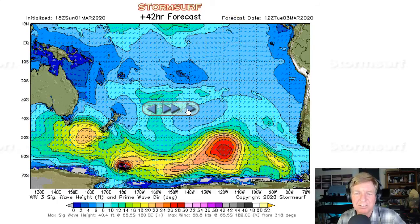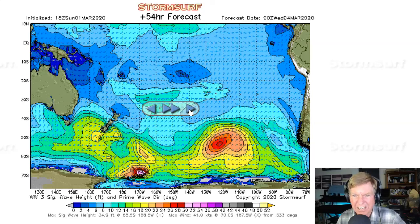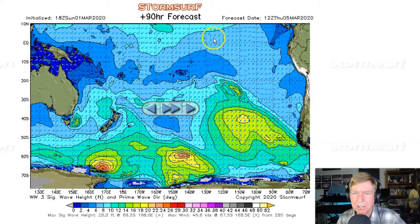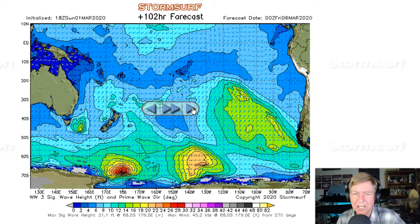So another pulse of southern hemi swell looks possible. But then looking at the models as we go out past that, we're looking for any system pushing off to the northeast. Now we see systems here, but they're all pushing. And also notice